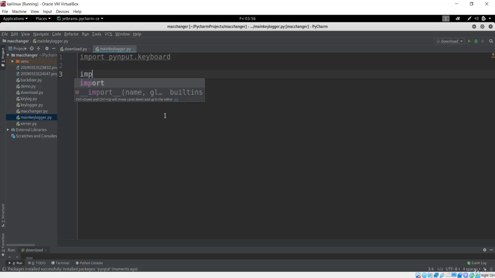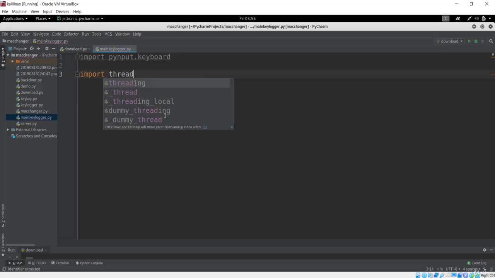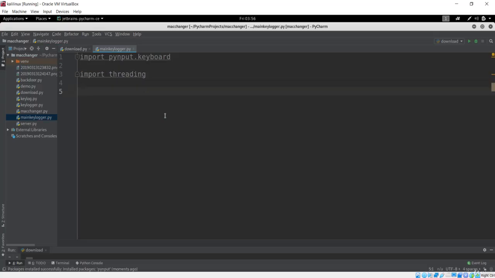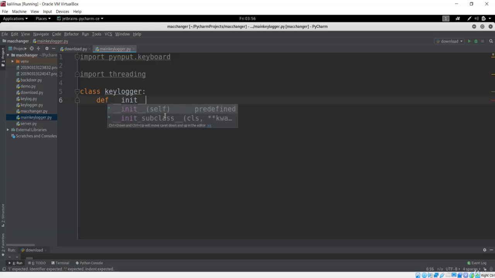And here I want to import threading, which will support us with threading, and I have already shown you how to use the threading in the previous lecture. Make a reference to that lecture if you get any confusion here. So I'll just make a class which is named as keylogger, and in the object oriented programming I have already said before, the first method in this keylogger can be the init method, which will act as a constructor that is going to just initialize the variables of this class or the attributes of this class. So I want to just make the keylogs method over here. So this is the attribute, not the method.